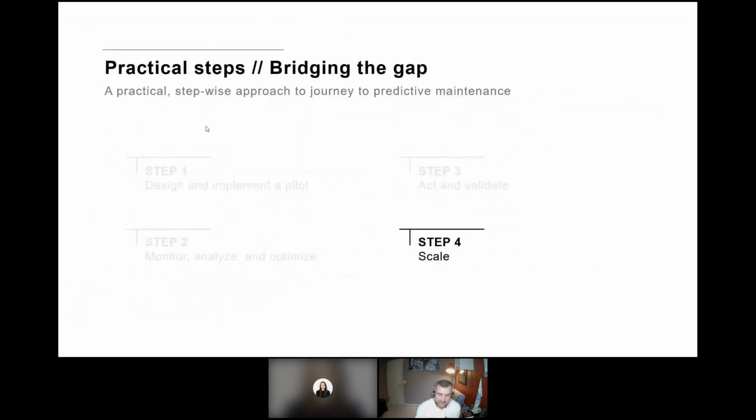Once you find that 10x experience, you prove that to the powers that be upstream. You want to think about the ability to scale, right? There's a saying, you don't eat an elephant in one bite, you eat it in a bunch of small bites. So being able to scale at a pace that's going to keep you productive and then also enable you to respond. Because if you go from 0 to 100, you might start getting alerts and recommendations you can't keep up with. So you want to scale accordingly.